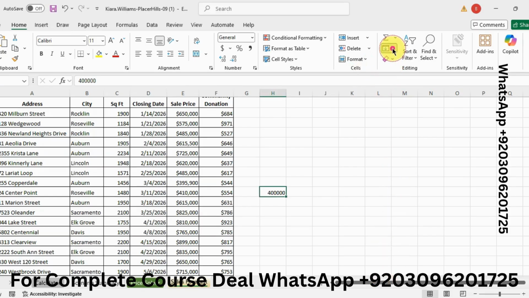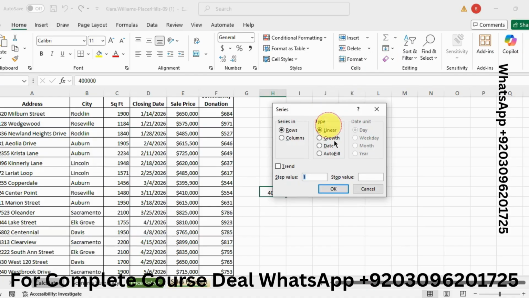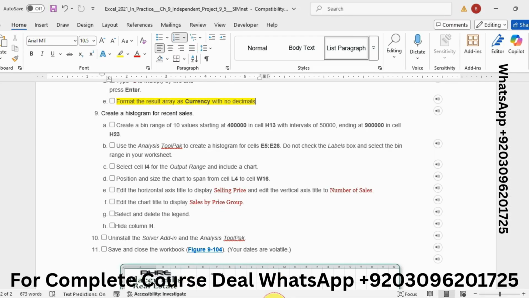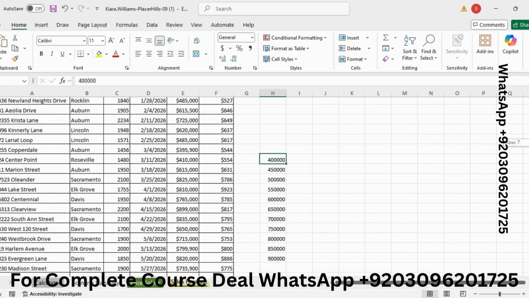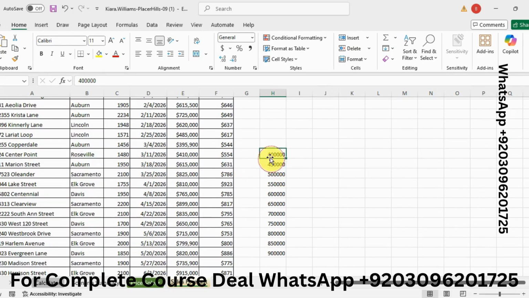Yeah, I need to click here, and now click on Series. Series in column, and the step value is 50,000, and the ending value is 900k, and then click on OK. So I have got the values. You can see them from H13 to H23.